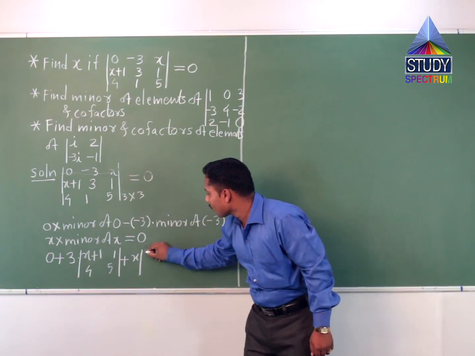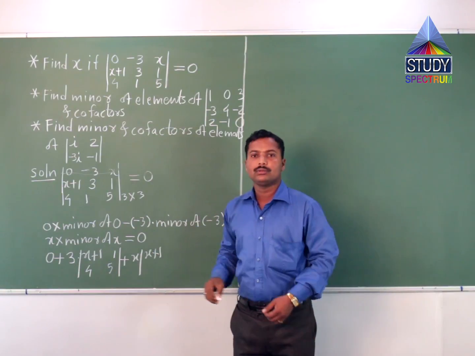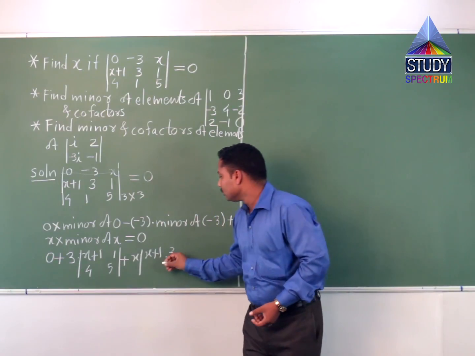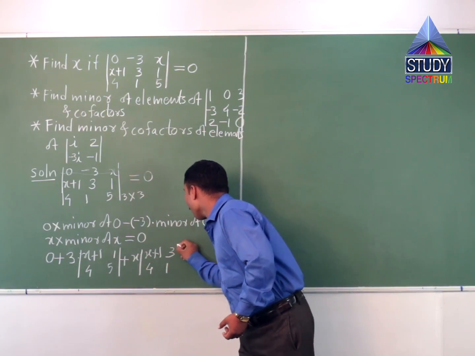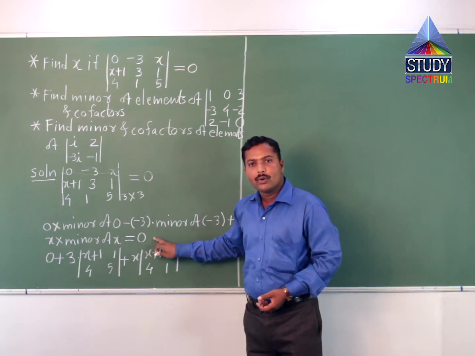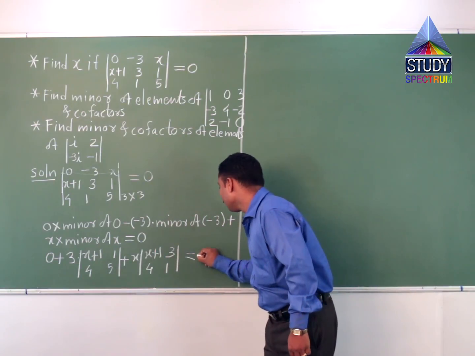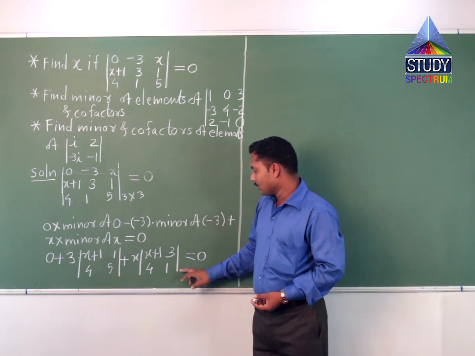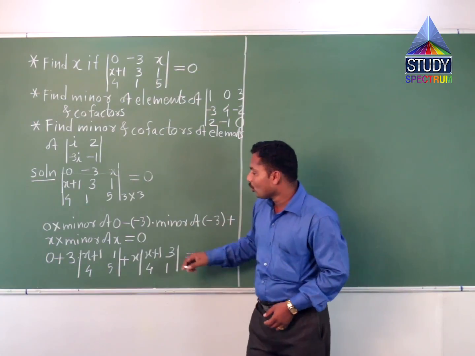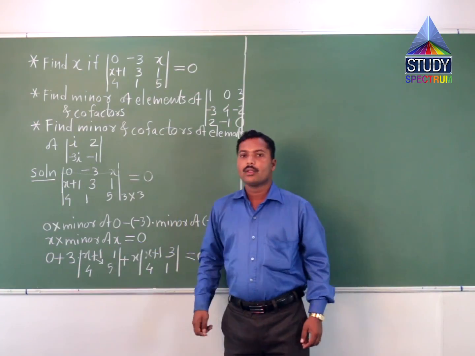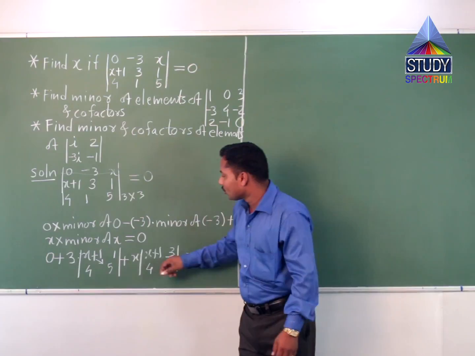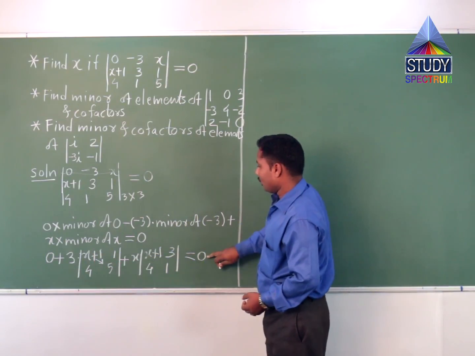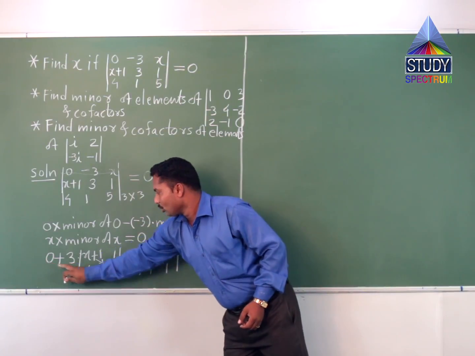So first row x plus 1, 3, and second row 4, 1, which is equal to 0, as already given. Here is a second order determinant, and here is also a second order determinant. So we only use cross multiplication. So x plus 1 into 5; here it is already 0, so only 3